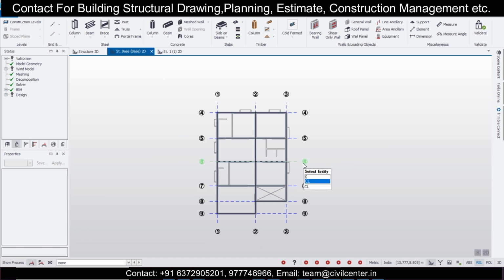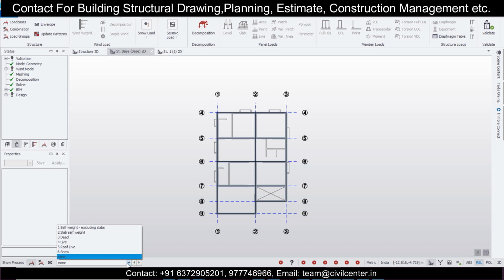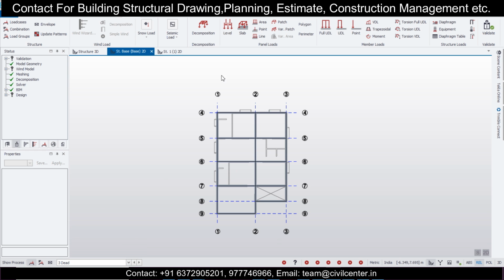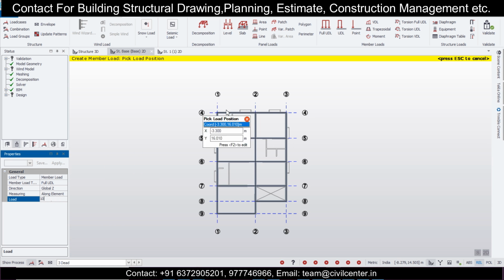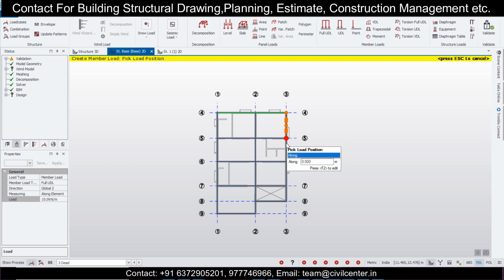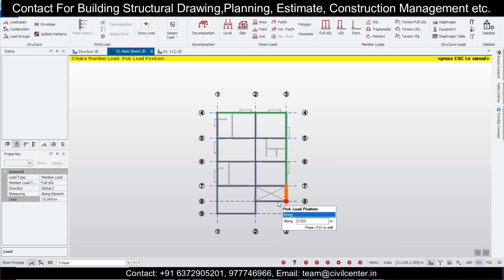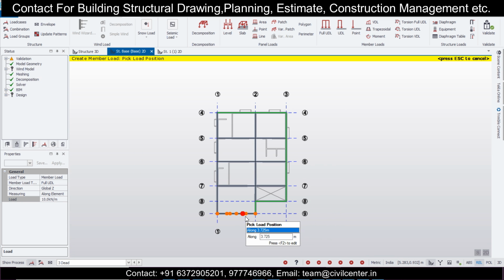So we have made a video on the load calculation of the wall. If you don't find it, you can tell me in the comment section, and I'll send you the link on how to calculate the load of the walls based on the masonry material and the height. So now we'll take 10 kN per meter for the outer wall, and 11 kN per meter for the inner wall. So we'll go to load here, and we'll just take this dead load, and after that, the full UDL, and in the full UDL we'll take here 10, and apply it along all the outer walls like this.